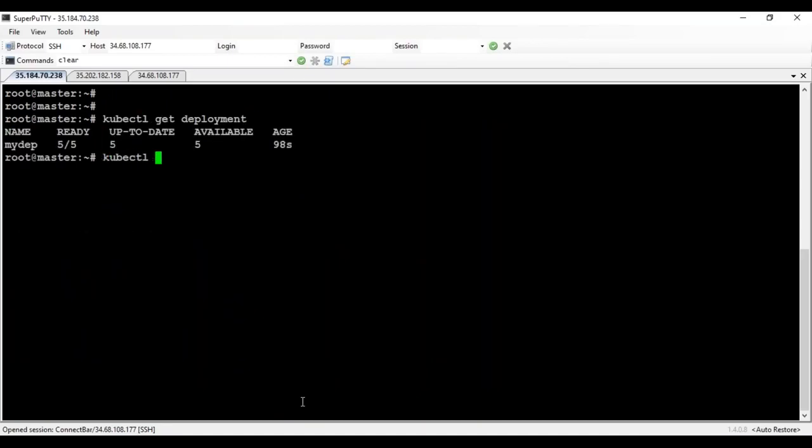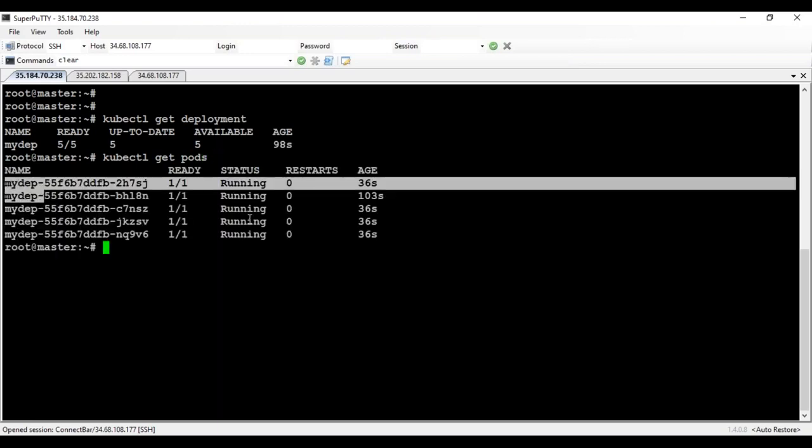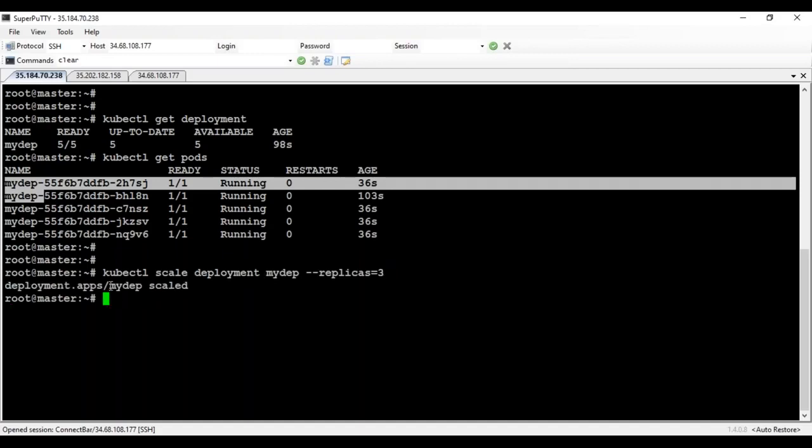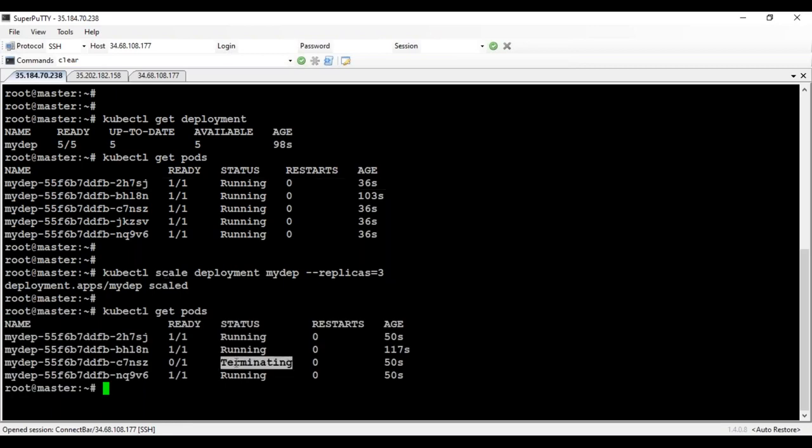Now this internally deploys only pods, so you can see that kubectl get pods also shows this, right? My deployment, there are 5 pods running. Now similarly, if you would like to scale down, we just need to reduce the number here to 3. Look at this. Now it is scaled down to 3. Now if you look at get pods again, you see that there is Terminating, which means that it is going to delete it.